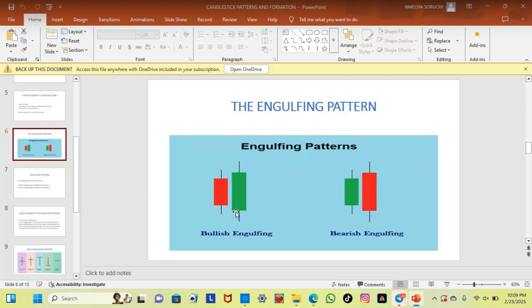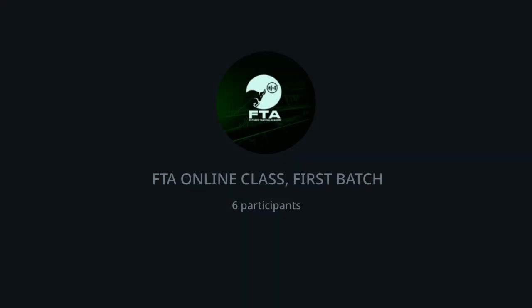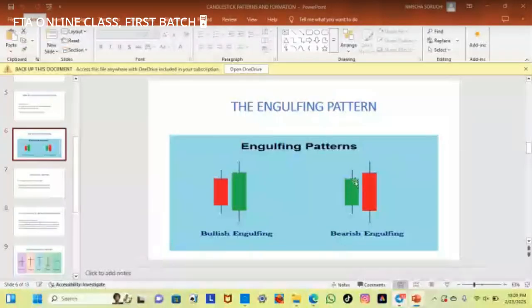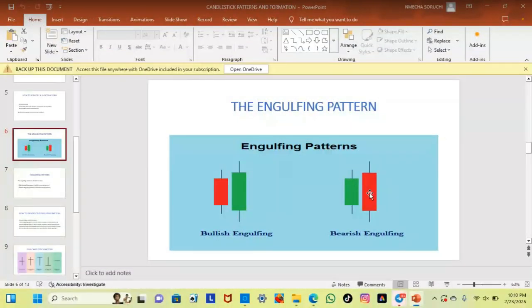While for the bearish engulfing pattern, the first candle is always a bull candle, which is this green candle here, and a bull candle will always close at the top. So the next candle is a bear candle. So the bear candle should open at the close of the bull candle, which is closing at the top, or slightly above the close of the bull candle.